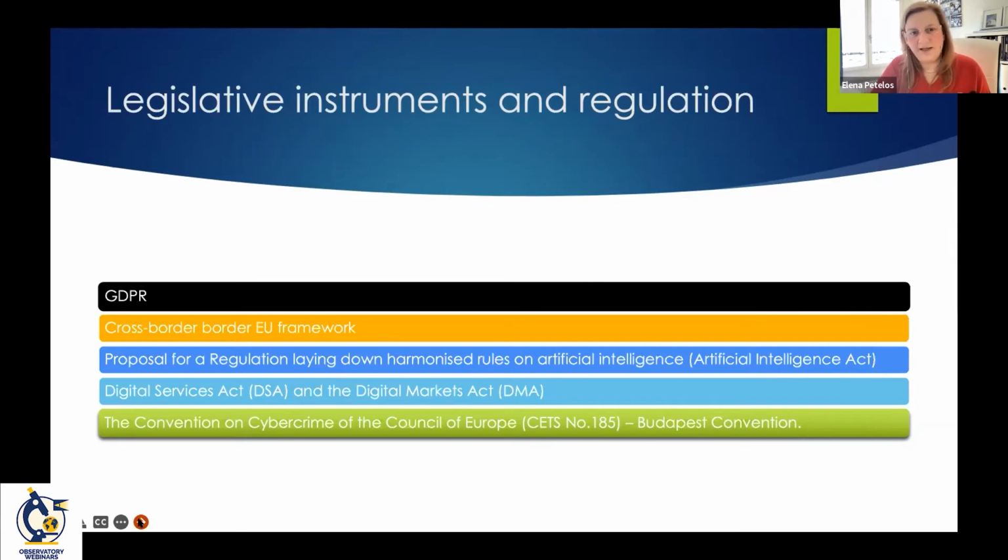There's the DSA and the DMA, which are also very important because we have more or less everything becoming a kind of device, being linked to an app or some sort of digital measurement, and then the Convention on Cybercrime of the Council of Europe, where, of course, we look into what other types of medicines or devices are entering the